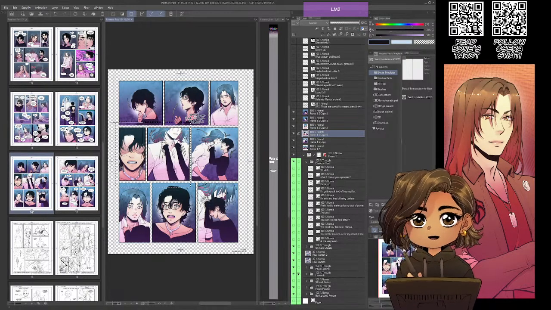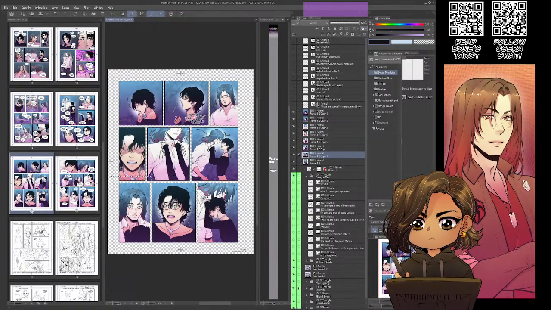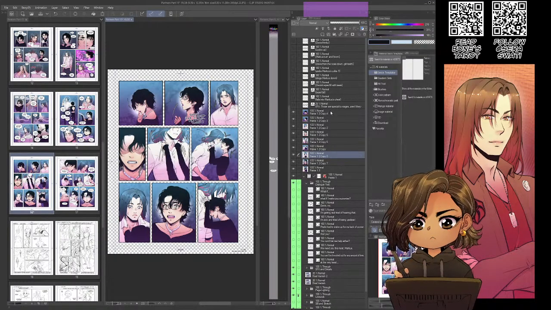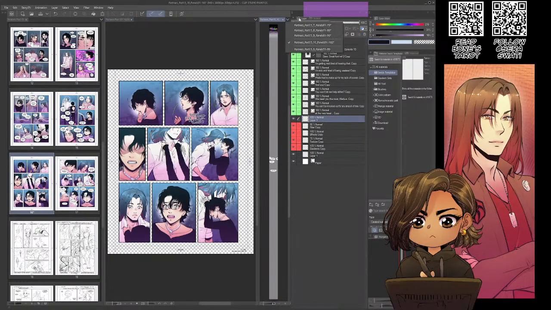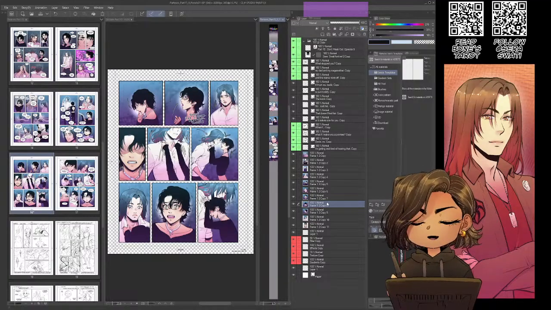Nope. In there. Oops. Alrighty. So first 4 panels for episode 9. There.